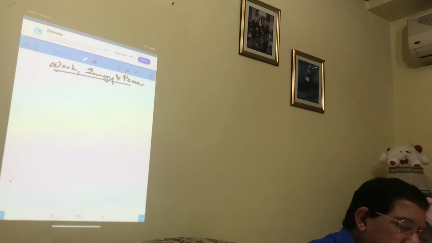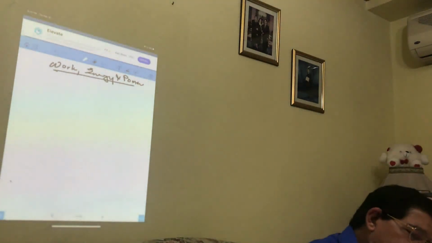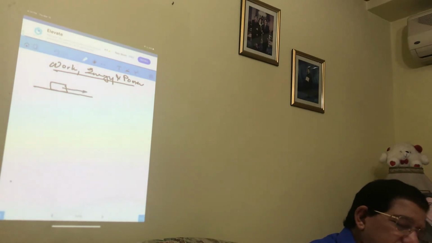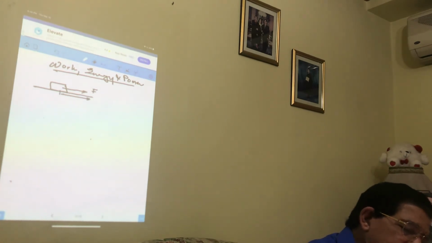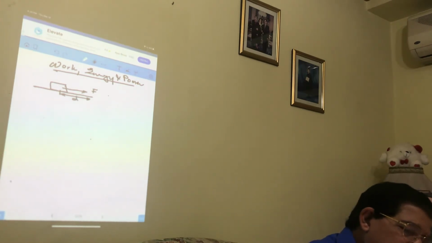Now, work. When we have a block, it is acted upon by a force. The force is F, and the block moved a distance d. How much is the work done by the force? The work equals Fd in joules,